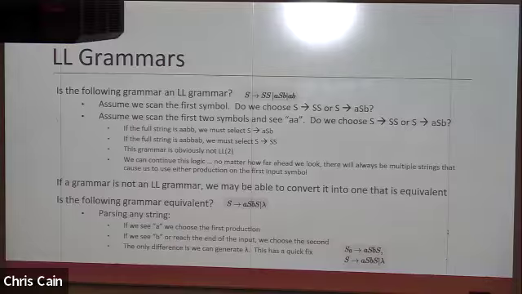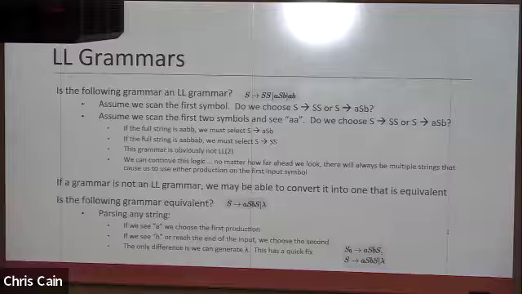So a little bit more about them. Is the grammar up there an LL grammar? If we have a single character, we scan the first symbol, which one do we choose? It's ambiguous. First 2 symbols, AA, still ambiguous. It's not LL2 because we need more than 2 characters to determine it.